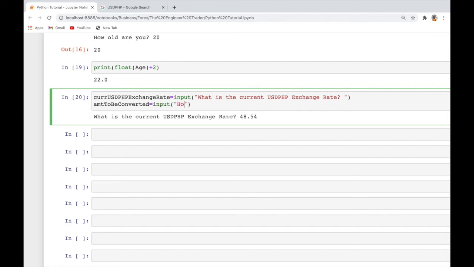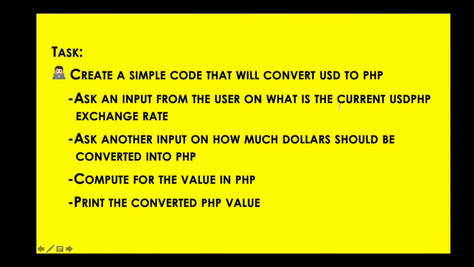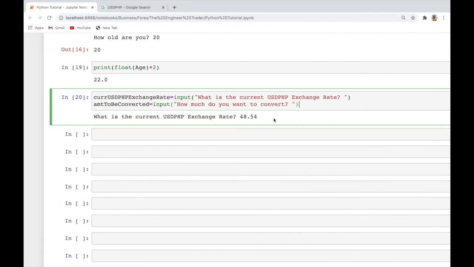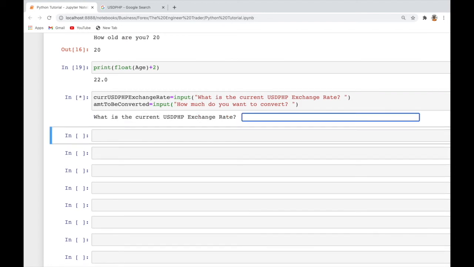So let's have the question for the user. How much do you want to convert? Okay, so how much do you want to convert? That is the amount to be converted. Now, next, compute for the value in PHP. Okay, so value in PHP, or let's have here